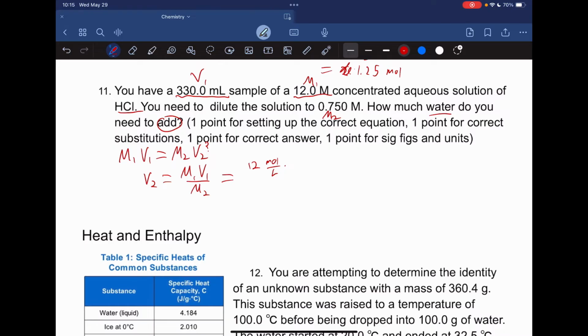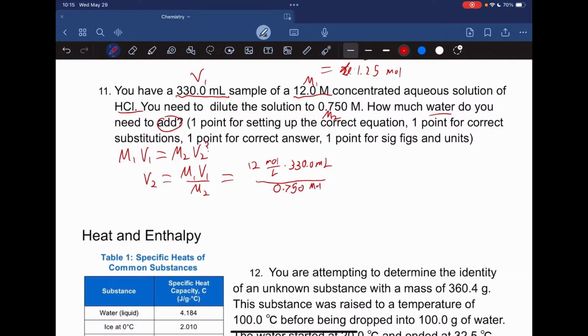Now, we don't need to have the volume be in liters, actually. We can write 330 milliliters, and I'll show you why. So then we're going to divide by the ending molarity, so that's 0.750